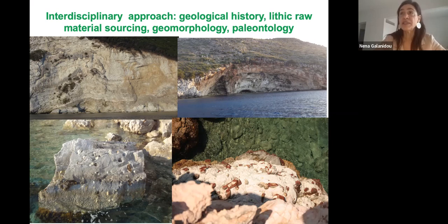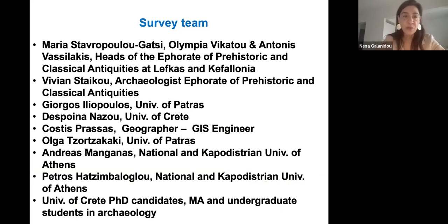Here is a slide on our interdisciplinary approach to geological history, to lithic raw material sourcing. We had two masters theses, one at the National and Kapodistrian University of Athens in the geology department that addressed the flint sources of manganese, and one submitted to the biology department, University of Patras, on the ecology of the islands. The survey team, and I'm closing the survey, consisted, I have to say that the survey,